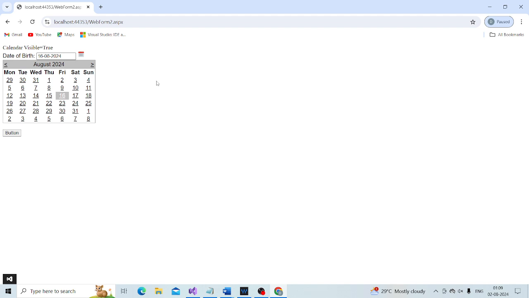So this changes the visibility of the calendar. Look at that, calendar visible is equal to true when we click the image button, because the calendar is visible now. When I click on the image button again, calendar visible is equal to false.